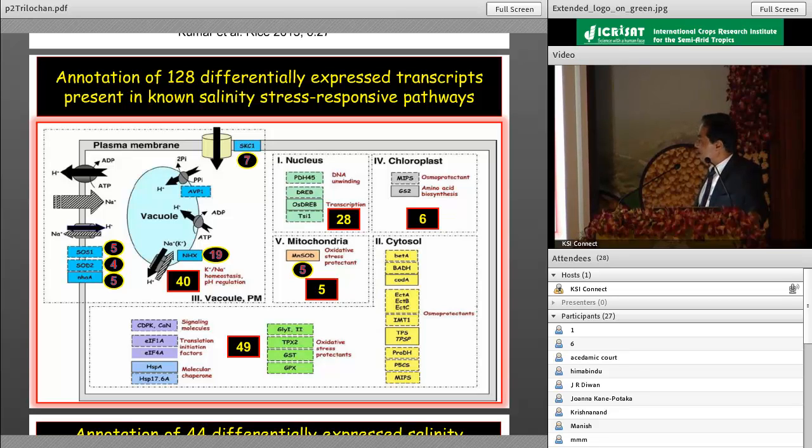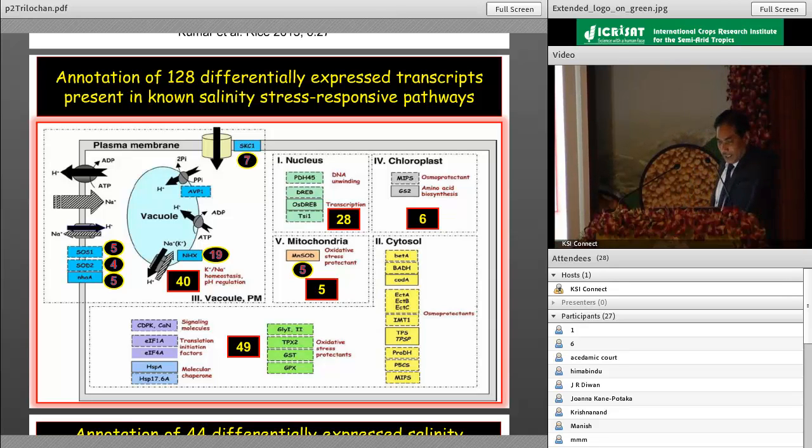So they're already described, and you can see cytosolic ones. There are several oxidative stress, and then different other categories, osmoprotectants. You have those genes which are mentioned here. So all these have been shown to be differentially expressing. And so also the nucleus for the DNA binding, and then transcription factors, and chloroplastic, mitochondrial, you name a thing, and then all of them appear to be showing differential expression, and one expects that they will be certainly